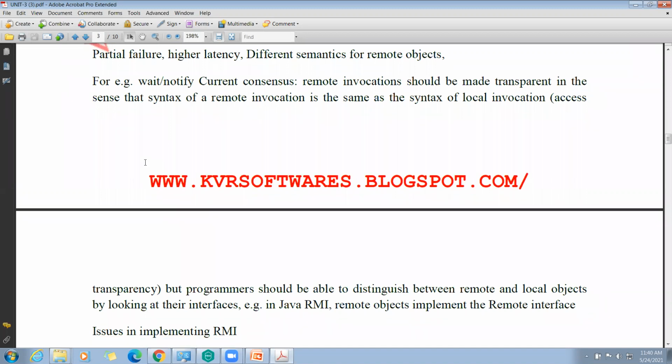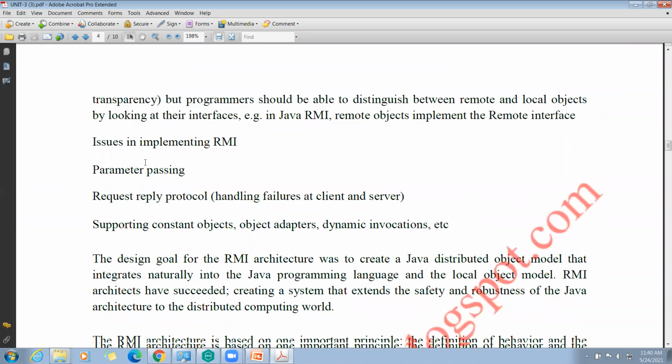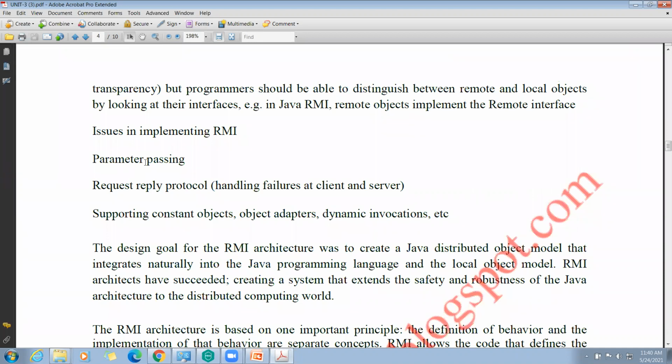Here, in the next point, what will the programmers do to access this? The programmer should be able to distinguish between remote and local objects. What is the meaning of a local object? A local object is an object which is running in the same machine in a different process, and a remote object is one running in another machine. See, an example for this is Java RMI.